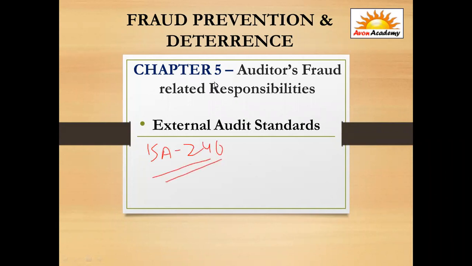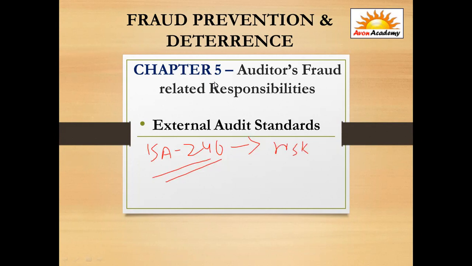When we talk about external audit standards related to fraud regulations, we are talking about the professional standards, best practices and guidance that govern auditors in carrying out their anti-fraud responsibilities, as mentioned in ISA 240. The auditor's responsibility relating to fraud is in an audit of financial statements. As per ISA 240, it is the responsibility of the auditor to focus on areas where there is a risk.